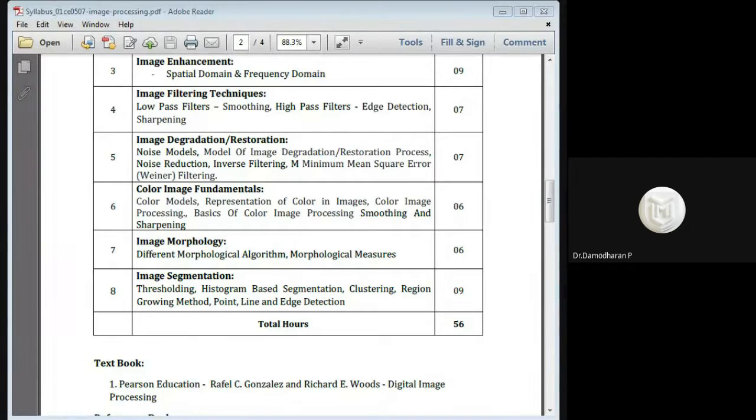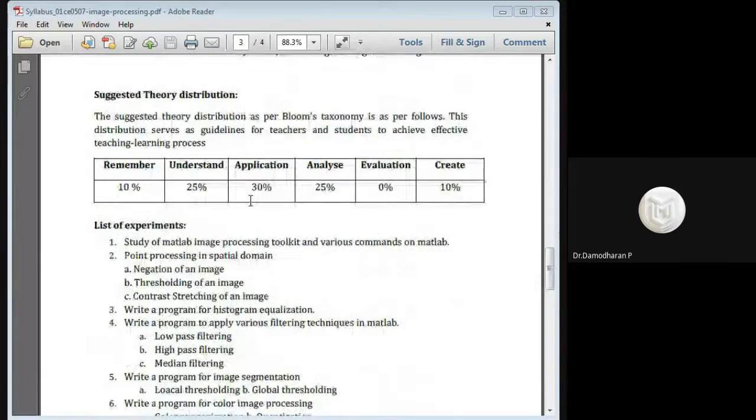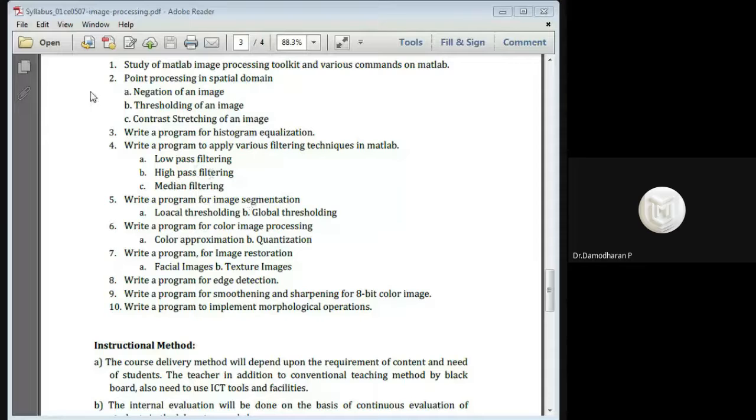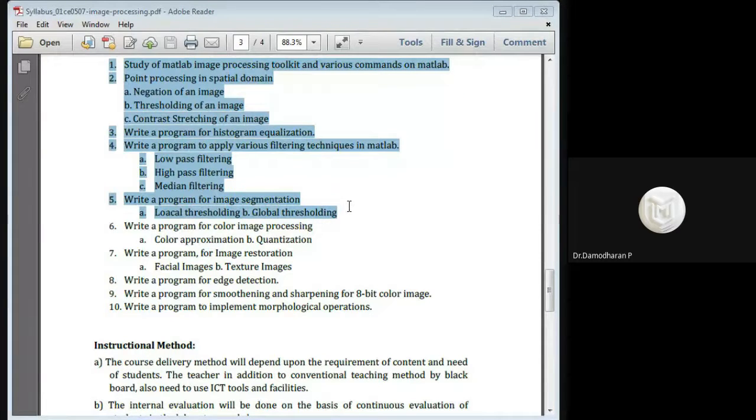In the previous lecture, we completed experiments 1 to 5. We completed image segmentation using local thresholding and global thresholding.